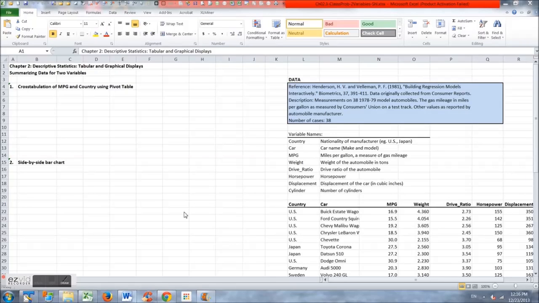This video is about two variables, summarizing two quantitative or categorical variables. Make sure that you have the correct file opened. Okay, right there is the name. Okay, we're going to use the same data set as before, and the first task is to prepare a cross